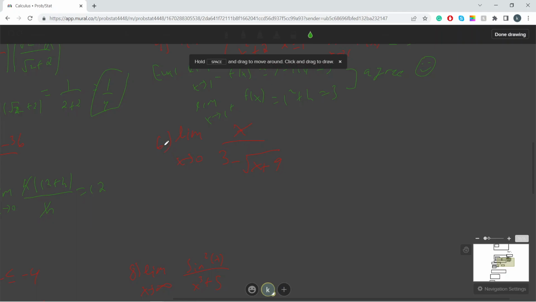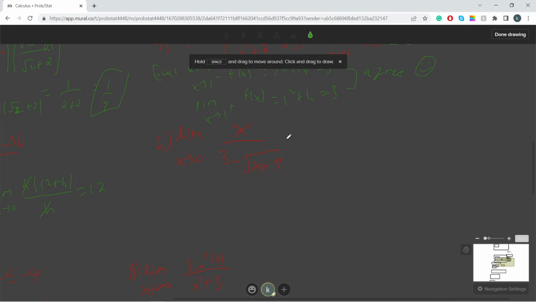But if we look at the denominator, you have 3 minus square root of 0 plus 9. So that's 3 minus 3, which is 0. So you get a 0 over 0 form. And that's kind of bad. If you remember from problem 2, we had a number minus a square root of something. Maybe we can try